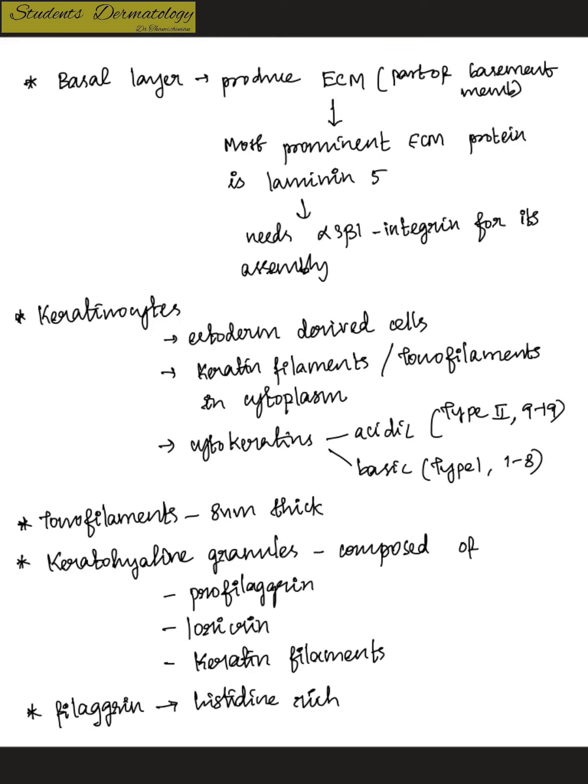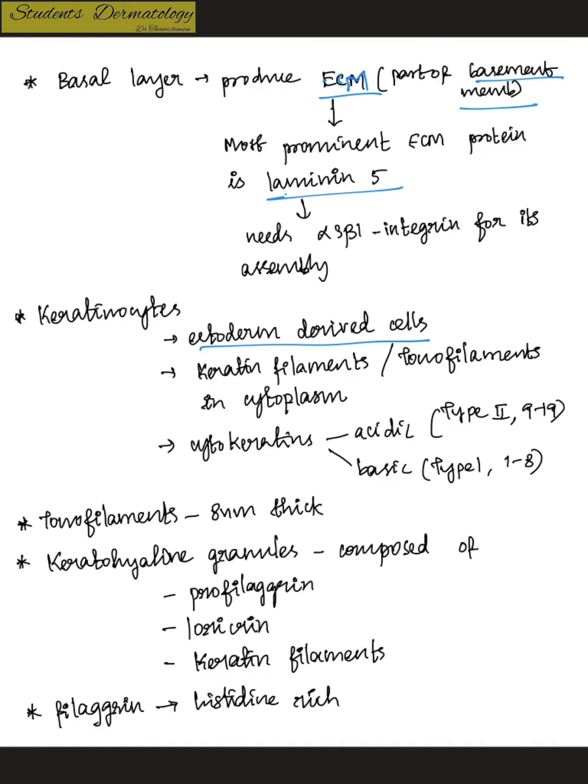So this basal layer produces extracellular matrix, which is an important part of the basement membrane zone. This basement membrane zone separates the epidermis from the underlying dermis. The important layer of this membrane, the extracellular matrix, is formed by the basal layer. In this extracellular matrix, the most prominent protein is laminin 5, for which you need alpha 3 beta 1 integrin for its assembly. So the keratinocytes, as mentioned already, are ectoderm derived cells and they contain keratin filaments or tonofilaments and